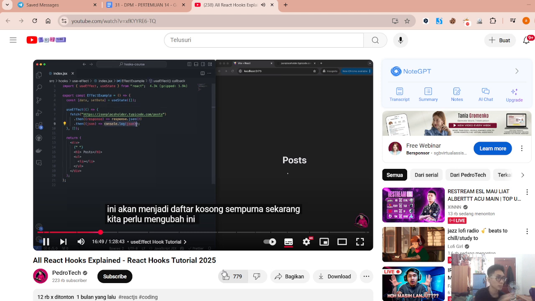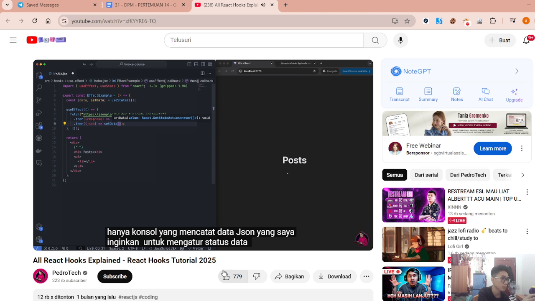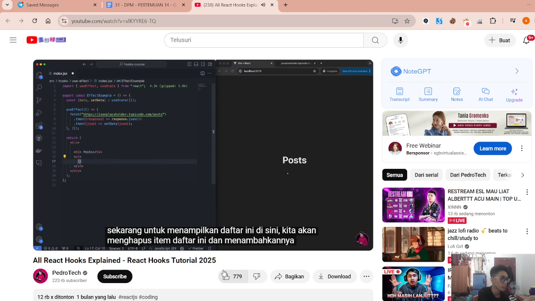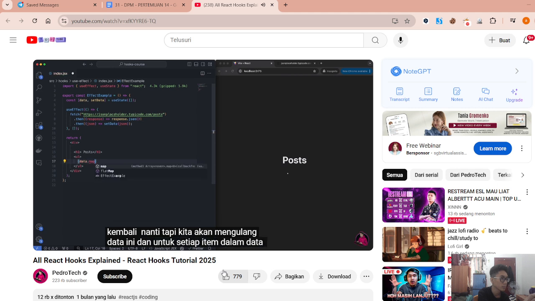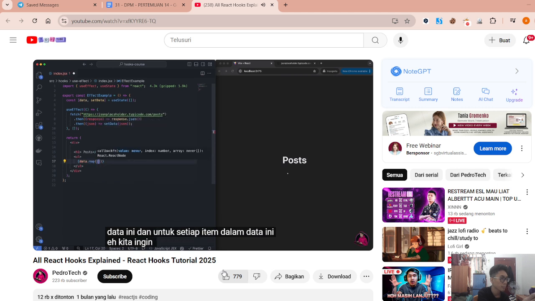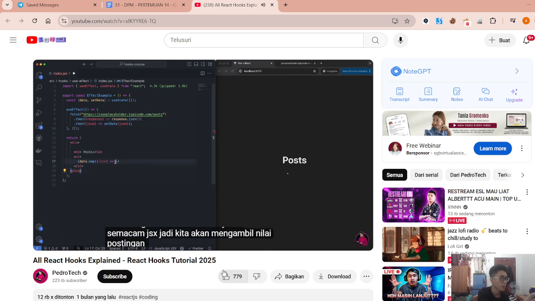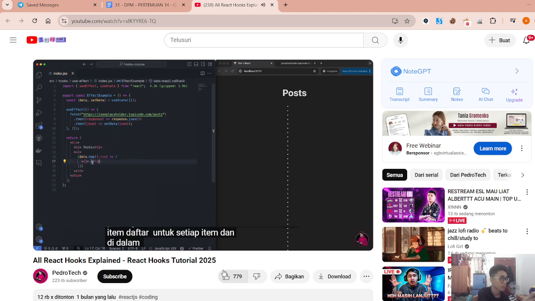Now we need to change this to, instead of just console logging the JSON data, I want to set the data state to be equal to whatever list we get from the API. Perfect. Now to display this list over here, we'll delete this list item and add it back again later, but we'll just loop through this data. And for each item in this data, we want to map its value to some sort of JSX. So we'll grab the value of the post, and in this case, we'll create a list item for each of the items. And inside of this list item, you see it already shows the 100 list items that we got,